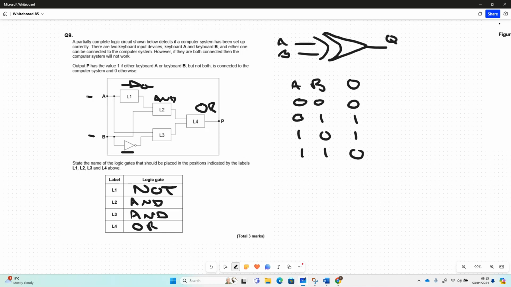So our circuit would look like this, with a NOT gate here, an AND gate there, another AND gate here, which is taking from B, and B's also got this NOT going on. That's going to be going into,